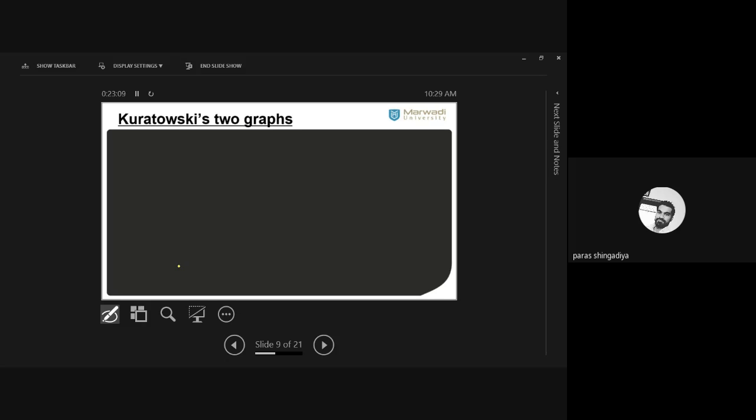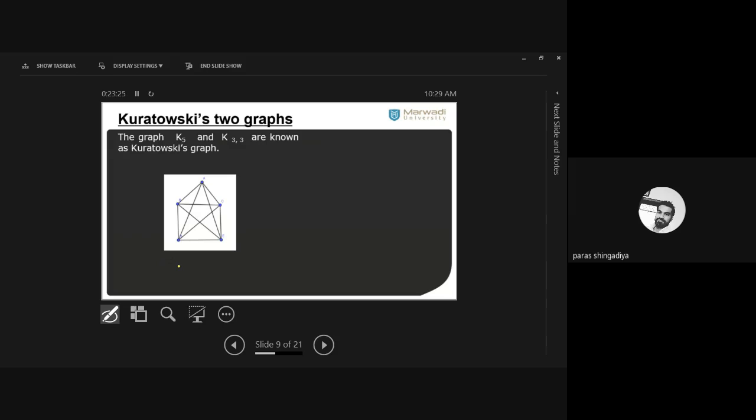Now the next topic is the two special graphs in the planar graph. Okay, two special graphs. Why is it a special graph? That is called Kuratowski's two well-known graphs. Okay, so which two are the two well-known graphs? The first graph is K5 and the second graph is K3,3. Okay, first is K5. Why is it considered K5 only? Why is it not K6, K7 and K9? Okay, why is it considered K3,3 only? So there is one reason for that.